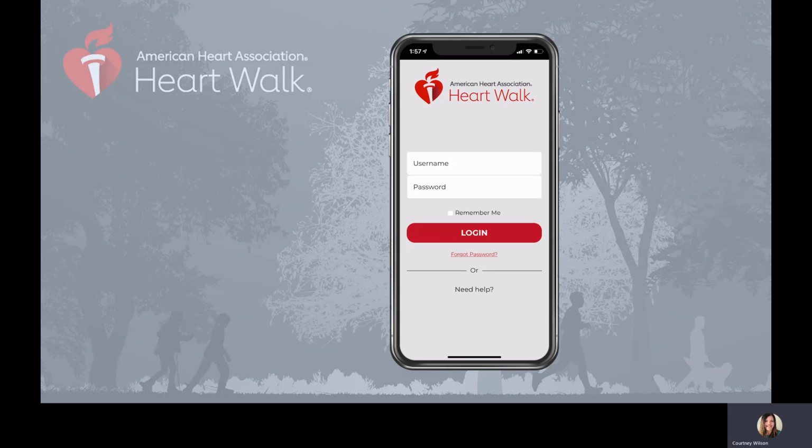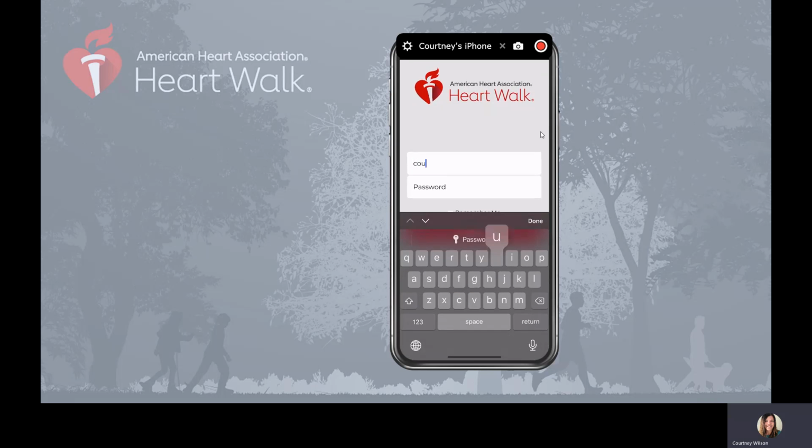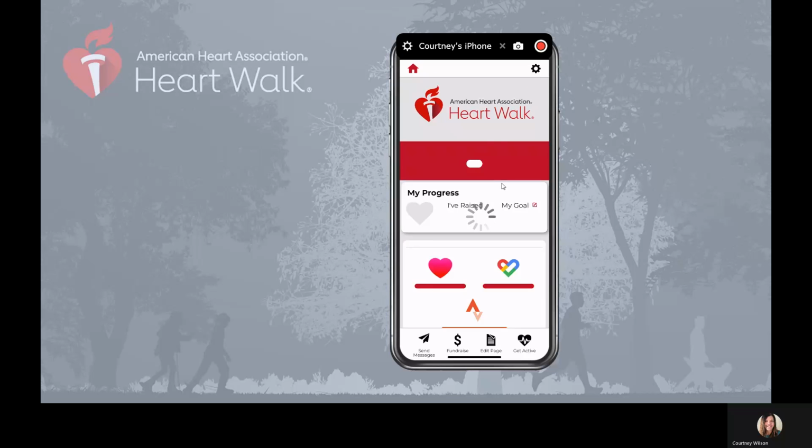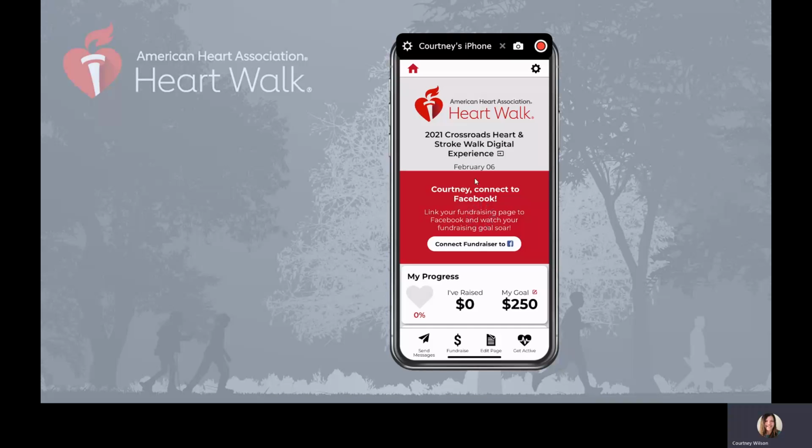Store. The first thing we want to do, as you can see on my screen here, I have the app, and now I'm prompted to log in. You're going to use your login credentials that you would to log into the website. I'm going to enter my username and my password and click on log in. Perfect. Now we can see that I am logged in to the event that I am registered for the Heart